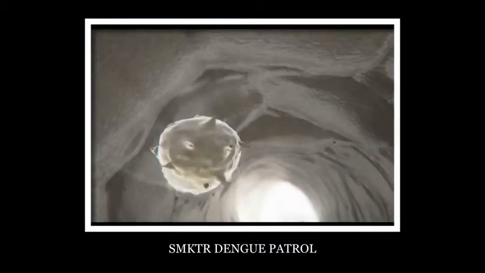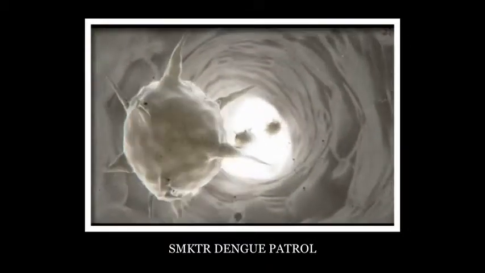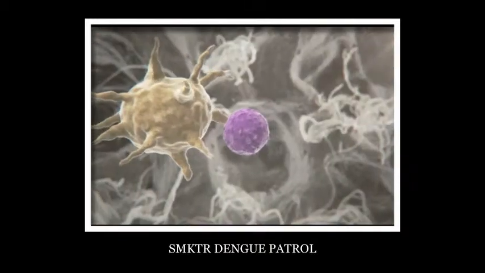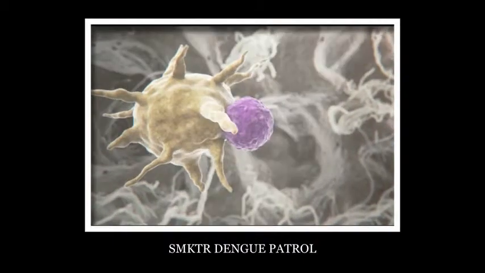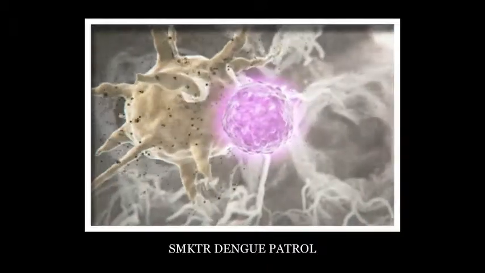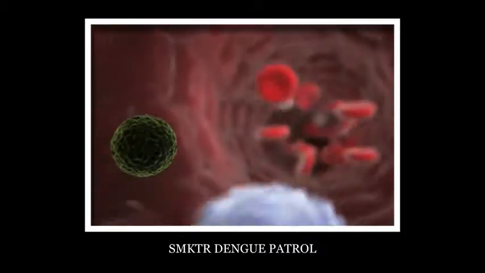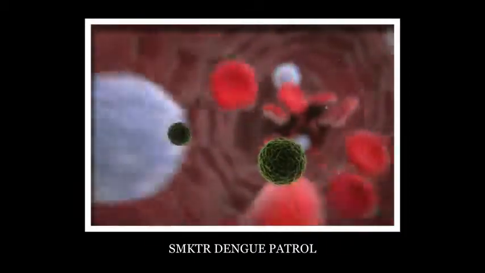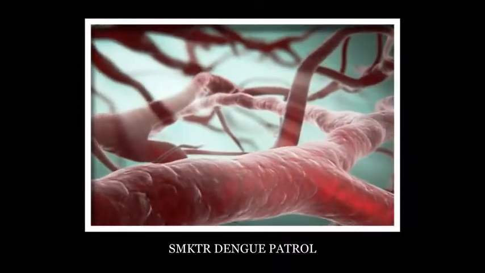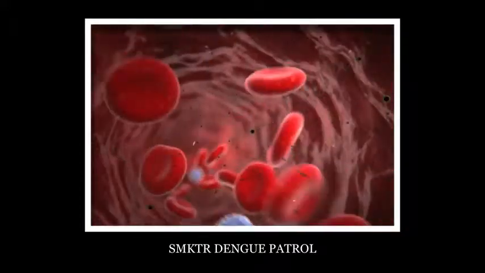And enters the lymphatic system. The viral infection can then trigger a strong inflammatory reaction. During the incubation period, the virus first replicates locally. And then spreads into the bloodstream of the infected person. This is called viremia. For some patients, especially children, the infection may cause severe forms of the disease, including dengue